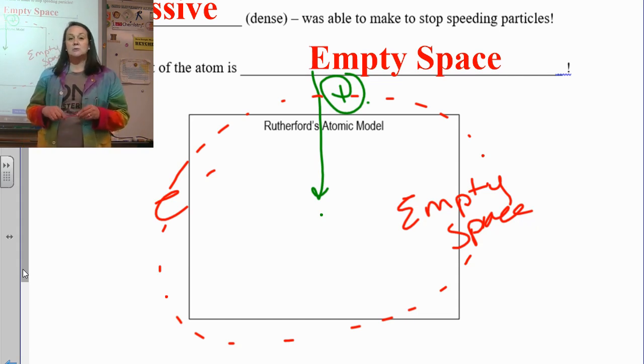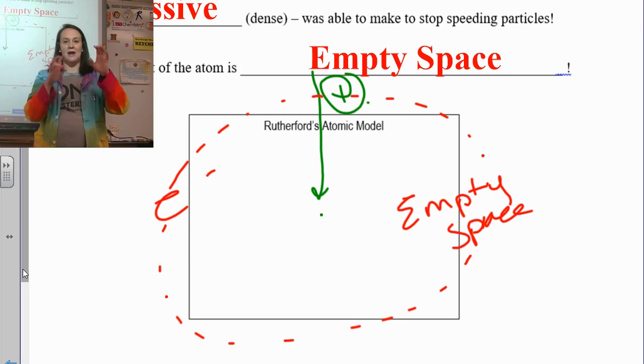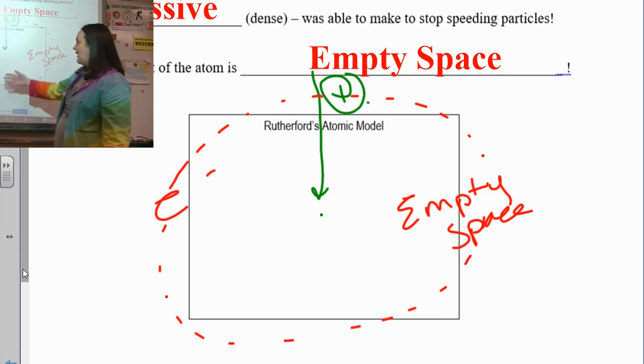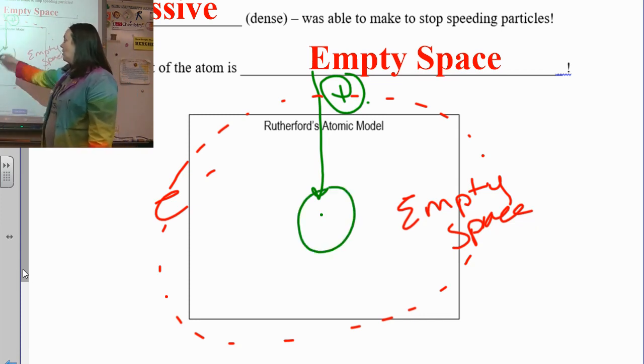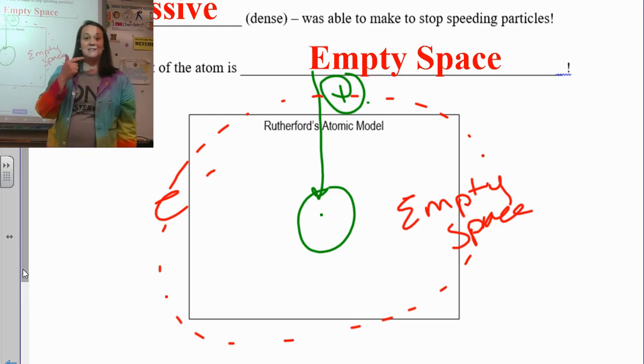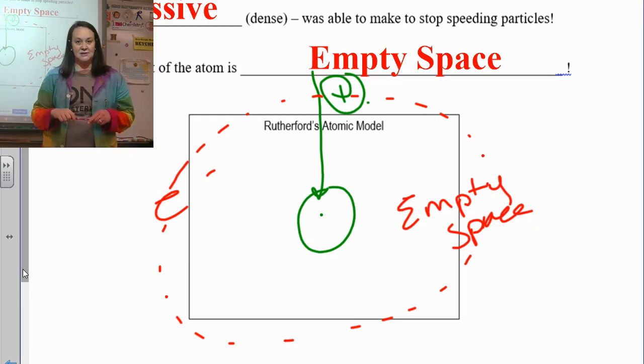Now we went from the idea of an atom to evidence of atoms, then to the idea that maybe it's a marble. Then we went to, hey, we have negative and positive parts that must be looking like some pudding with plums in it. And then we eventually found the nucleus here, which is tiny, dense, and positively charged.